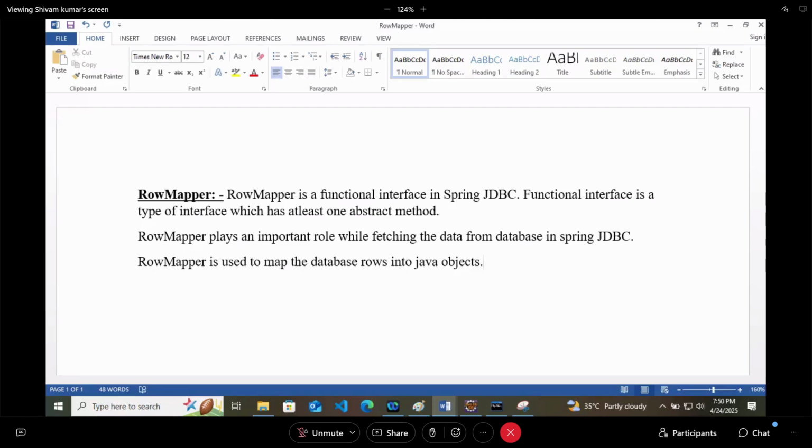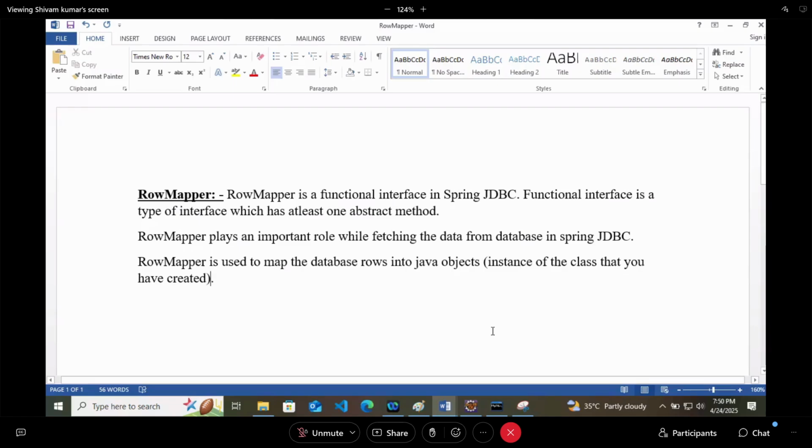In Java there is no object without class, so you have to create a class now. So you can say row into Java object, or else the instance of the class that you have created. Object means just the instance of the class.